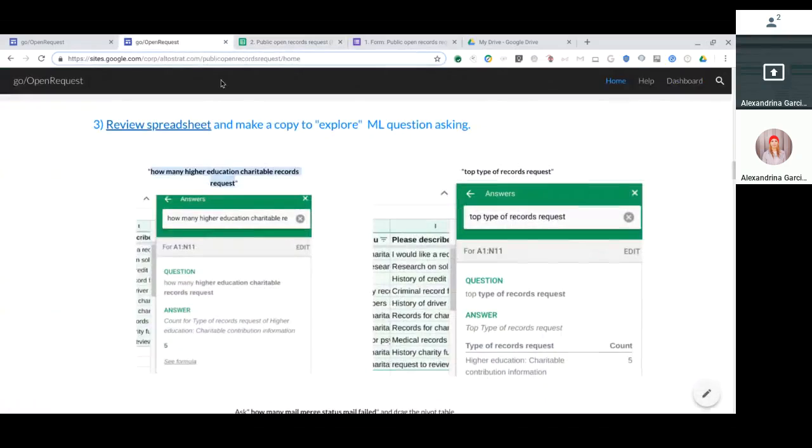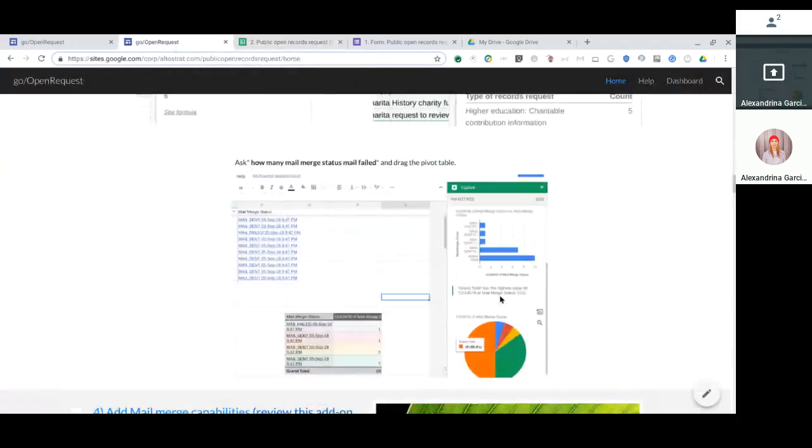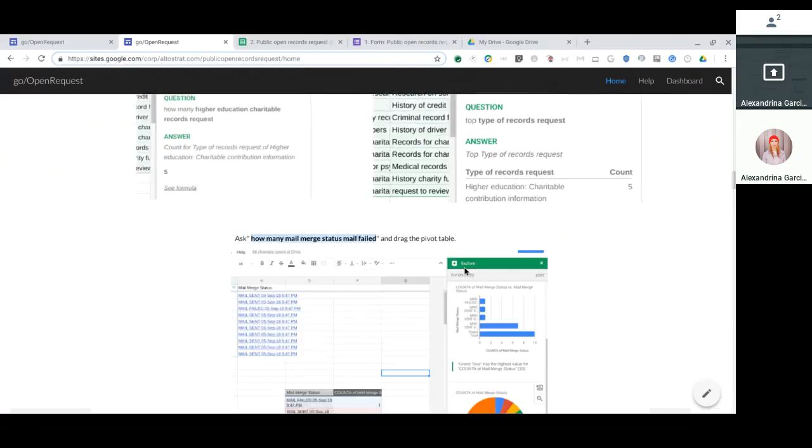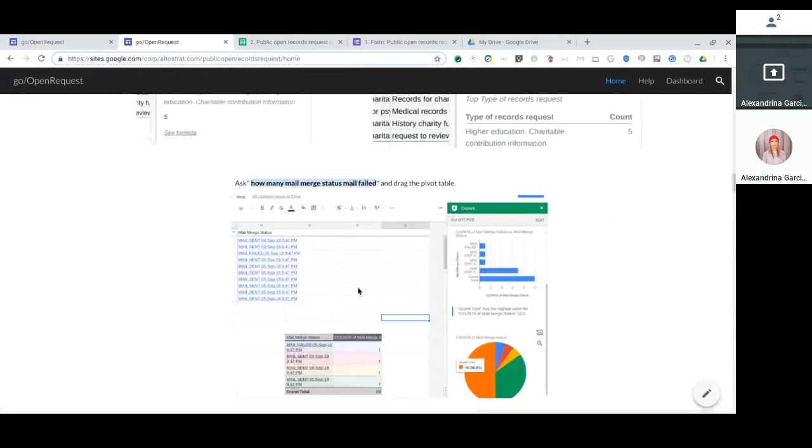And the last answer here, how many mail merge status mail failed? And I'll explain what that means in a second. So another add-on that I'd like to announce is mail merges. Mail merges help automate mass emailing. So as you have data in a spreadsheet like this,